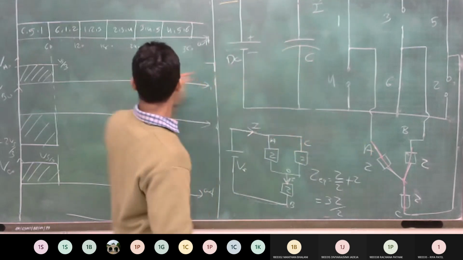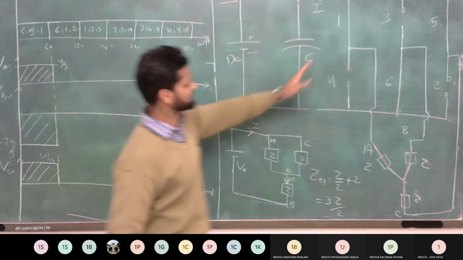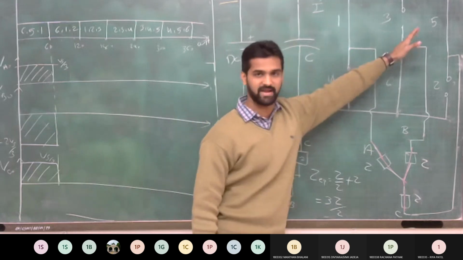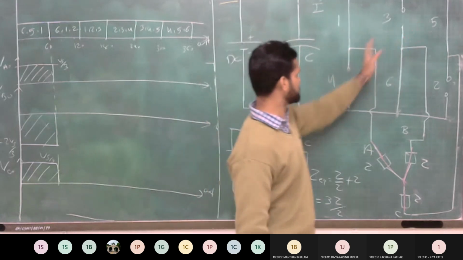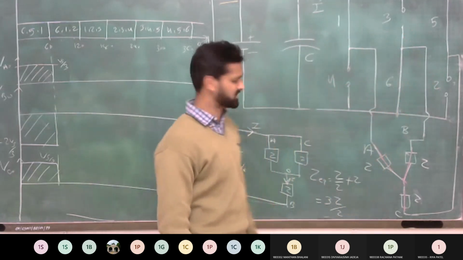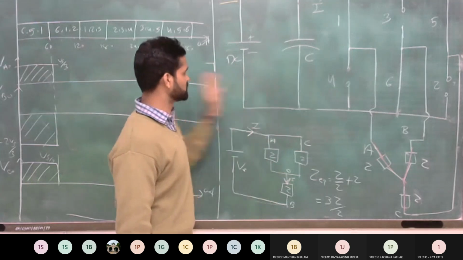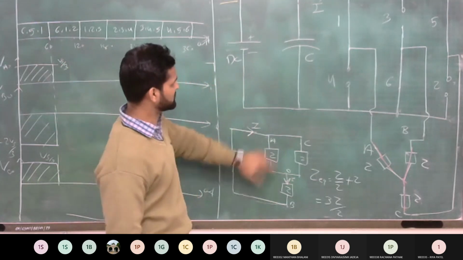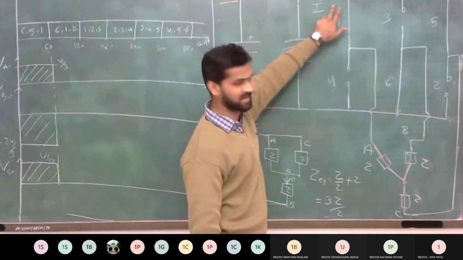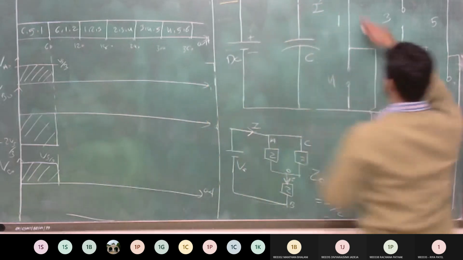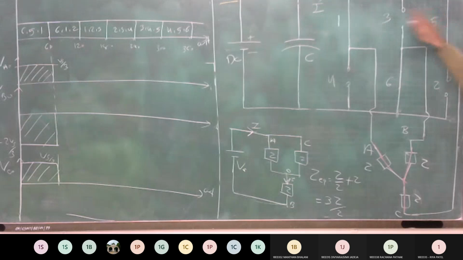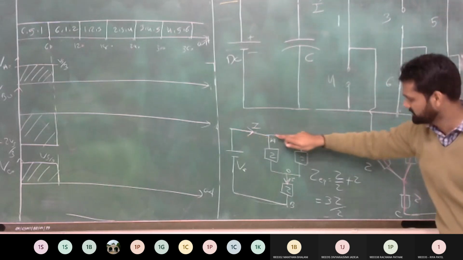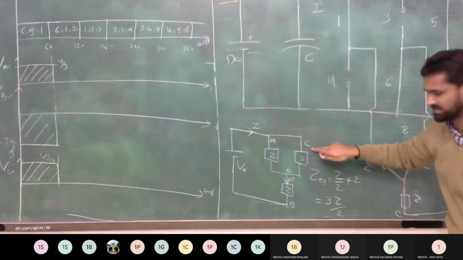For 1, 6 and 5, the thyristors that are on act as closed switches, and the remaining 3, 4 and 2 are open circuit. For this condition, 0 to 60 degrees, we draw the equivalent circuit. It looks like this. The supply current is shown as I. There are 2 branches, 1 and 5 are on, so here the current is divided into 2 parts. Your total current I is divided into phase A and C.